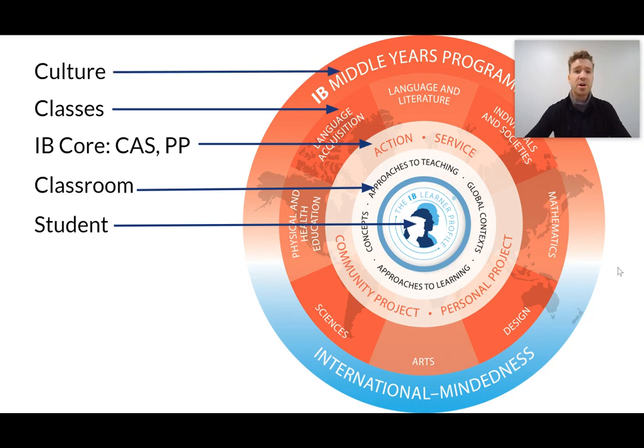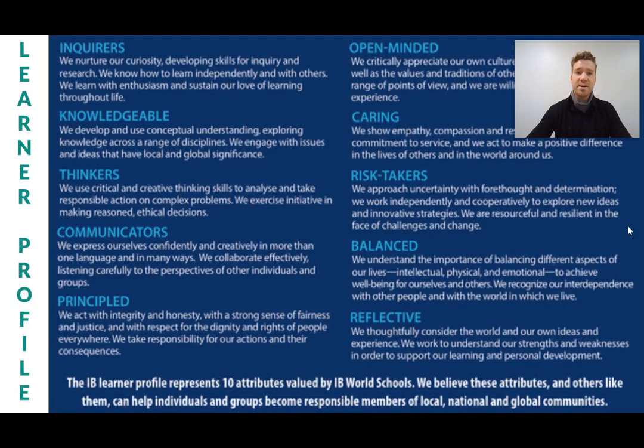All of these layers culminate in the culture of MYP, very much an internationally minded perspective, one that's centered around the student and given varying levels in which they are engaging with the people around them to develop themselves and others. At the very center, again, was the learner profile around the student. These right here, what you see in front of you, are 10 attributes that are valued by the IB World Schools. IB World Schools believes that these 10 attributes, when utilized in an individual or developed within an individual, allows them to be effective